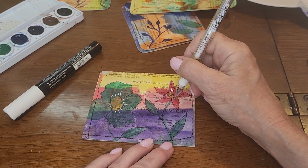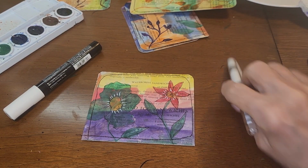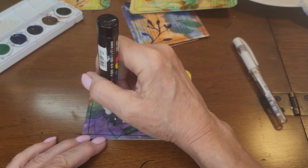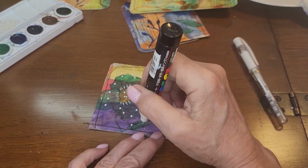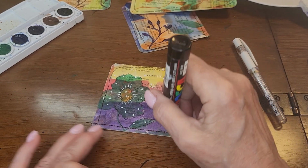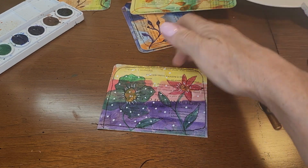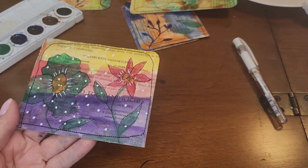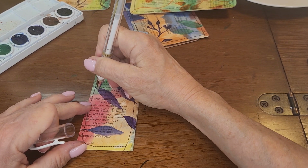Maybe do a few and just curve them a little bit. There we go. And then we'll go around with the Posca pens and just give it some whimsy. And we'll just go around. And I think these are fun and a great way to use up your book pages. So I'm going to finish these, and this one I'm going to use a white gel pen,